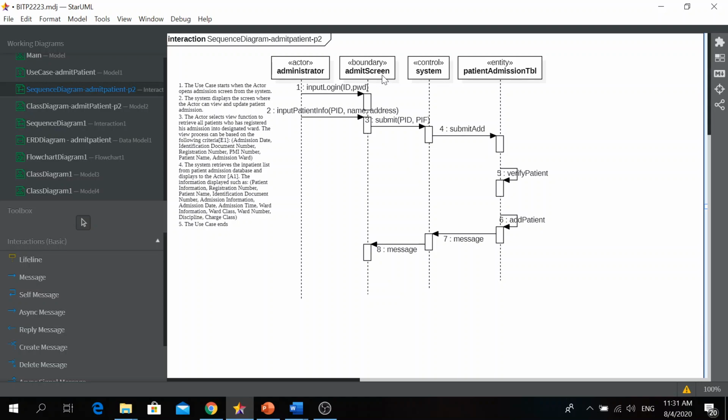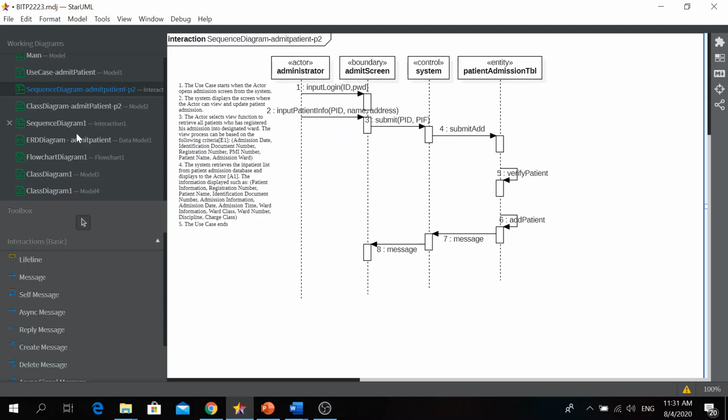So admit screen basically has three operations: input login, input patient info, and message. You look at this arrow, where the arrow ends, this is an operation owned by this object.